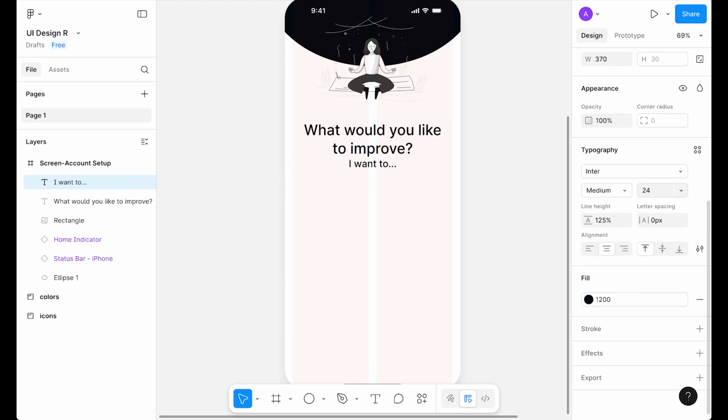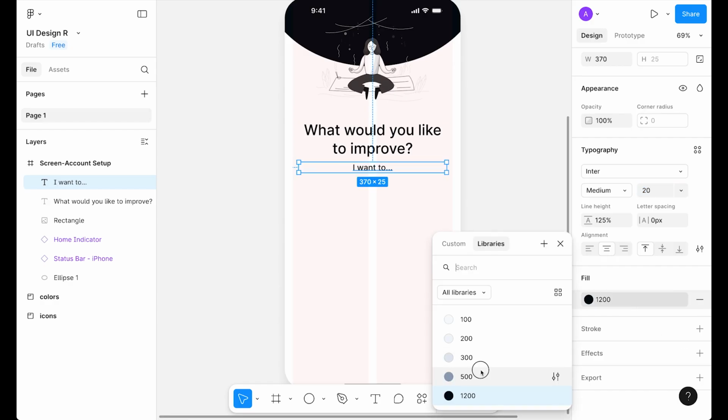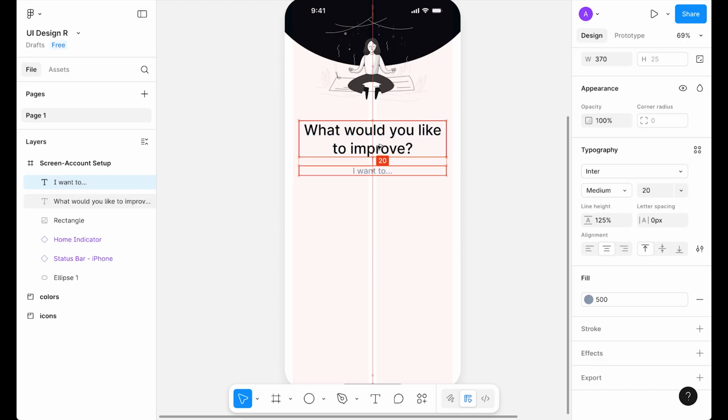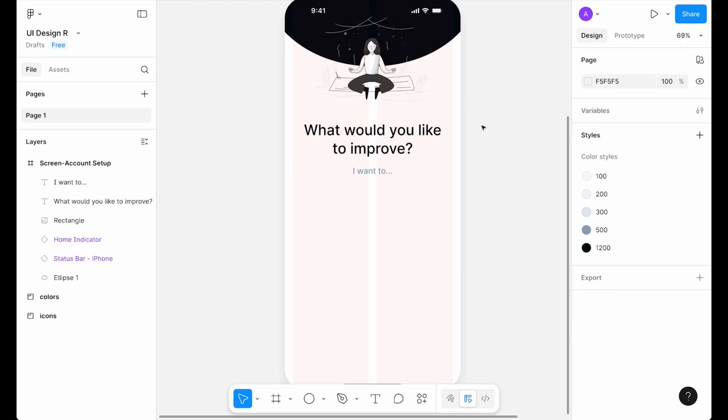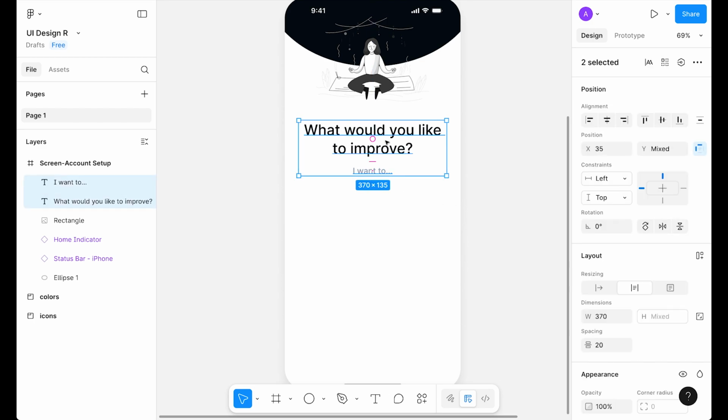So let's try 24, or let's make it 20. So 20 is looking good, and we are going to use 500, and for the spacing let's make it 20. So this is our sub headline and this is main headline, and now we are going to create our selectable list. Okay, so before moving to creating our list, it's good practice to select both text and convert this to